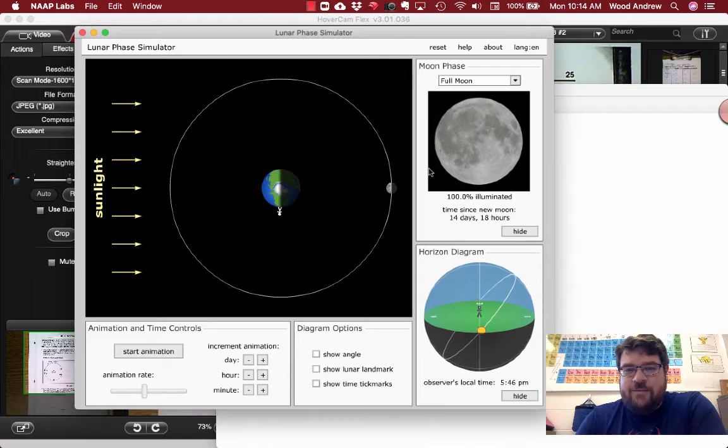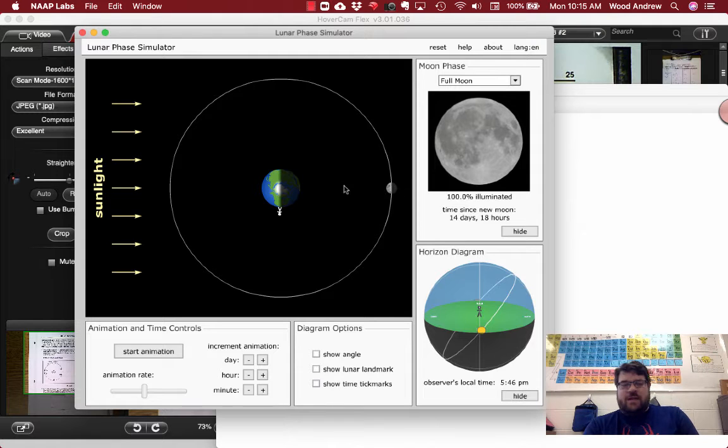You can see in the moon phase as a full moon, it's exactly on the opposite side of the Earth. When you think about it, that makes sense. To be able to see the full lit side of the moon, it has to be exactly pointed at the sun, so it has to be exactly lined up with Earth. And you might be saying to yourself,